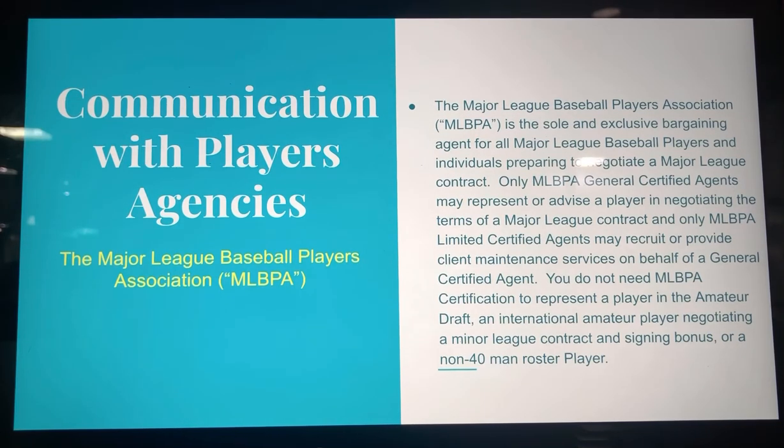Only MLBPA General Certified Agents may represent or advise a player in negotiating the terms of a Major League contract, and only MLBPA Limited Certified Agents may recruit or provide client maintenance services on behalf of a General Certified Agent. You do not need MLBPA certification to represent a player in the amateur draft. However, an international amateur player negotiating a minor league contract and signing bonus, or a non-40-man roster player.